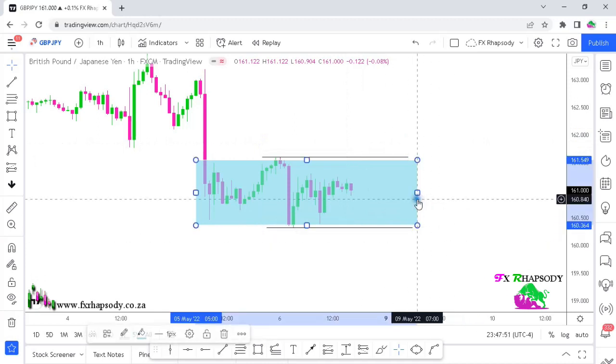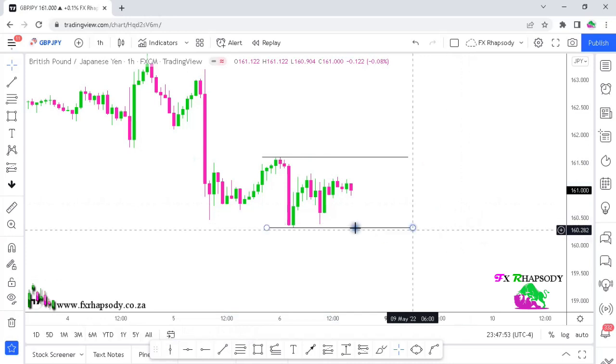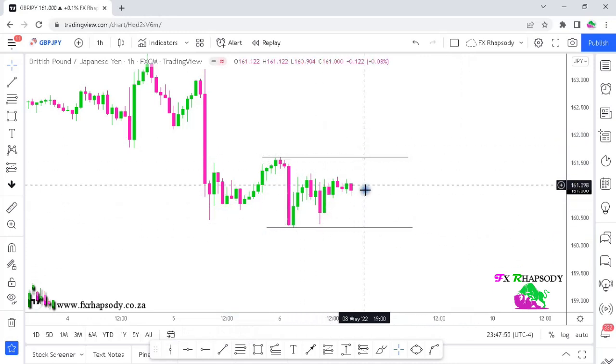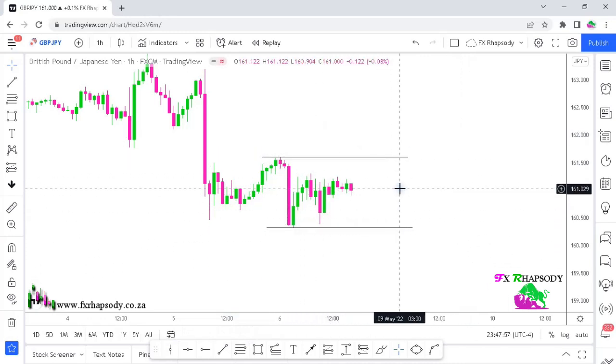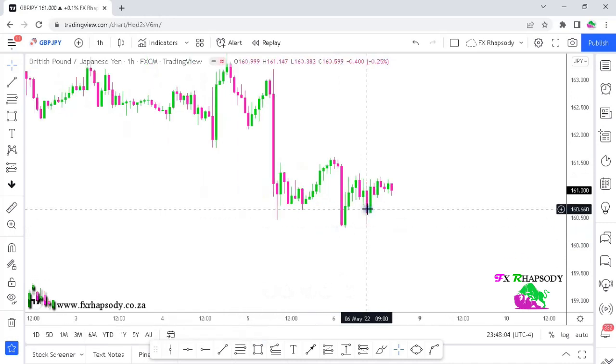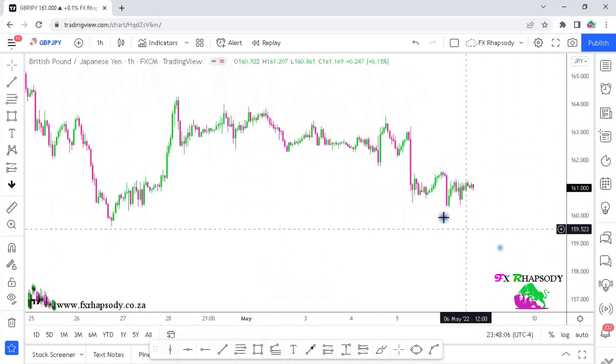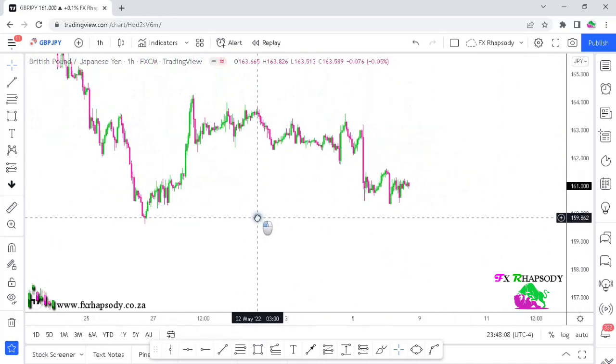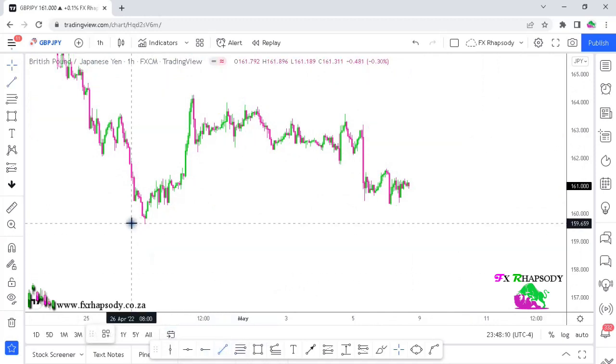Just take the block out. Any movement above or below these 2 areas, we would drill down to the lower time frames and act to what price is giving us. Okay, zooming out a little bit and zoom out. You can also see trend lines that are forming